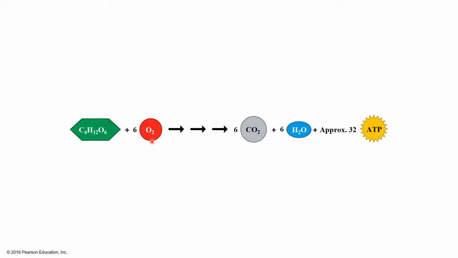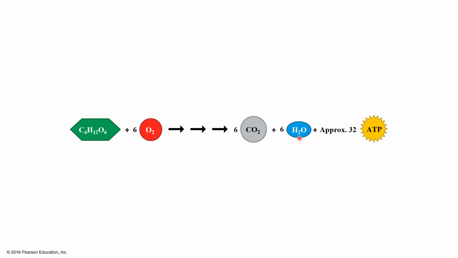The products that will come out, so when you are going through cellular respiration, the products would be basically what you are exhaling. So you're going to exhale carbon dioxide in the air. You would also exhale some water. That's why when you exhale in front of a mirror, you would notice that the mirror condenses because you are